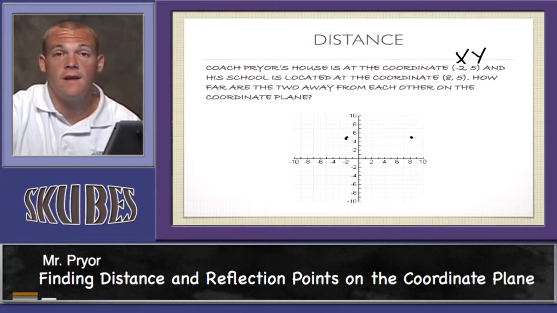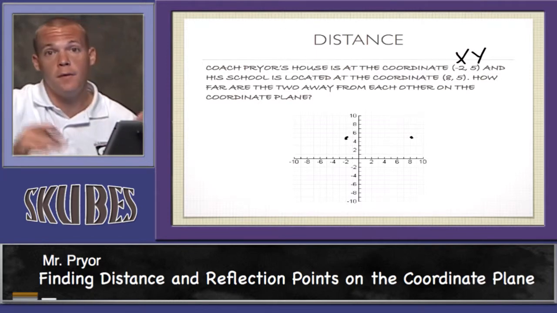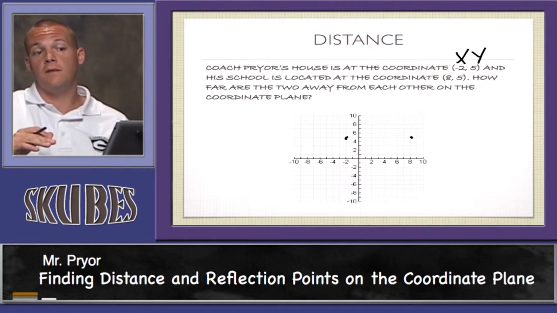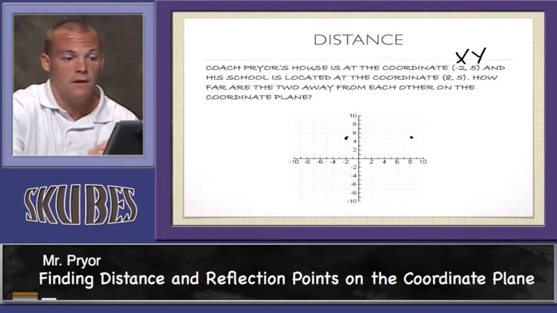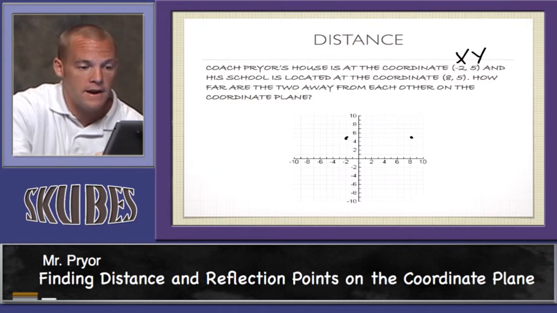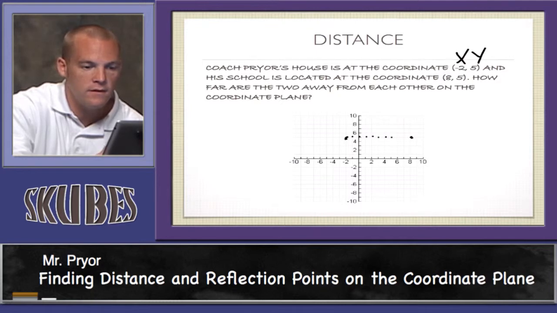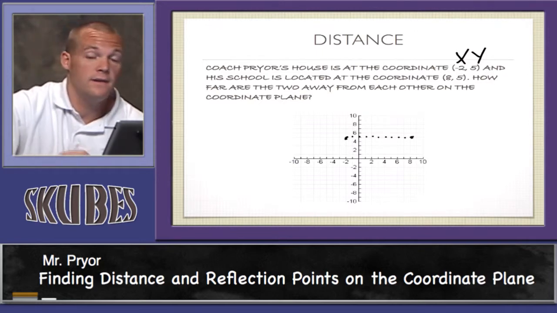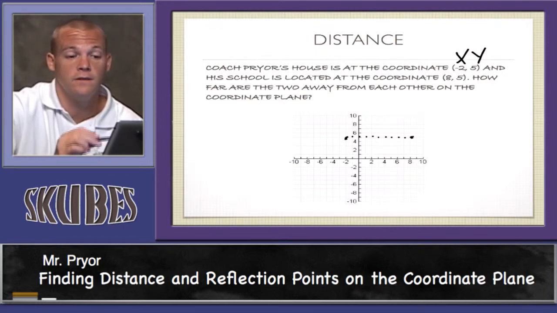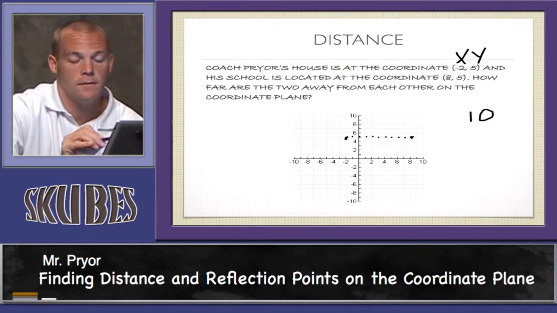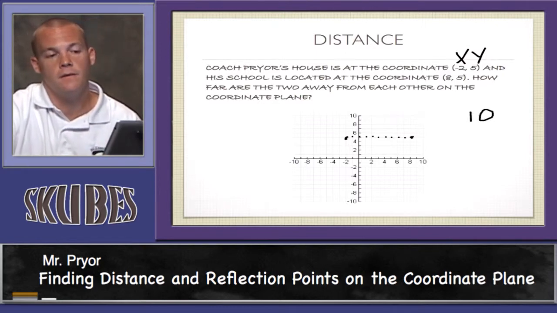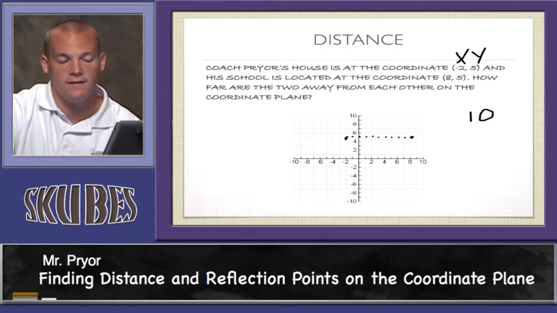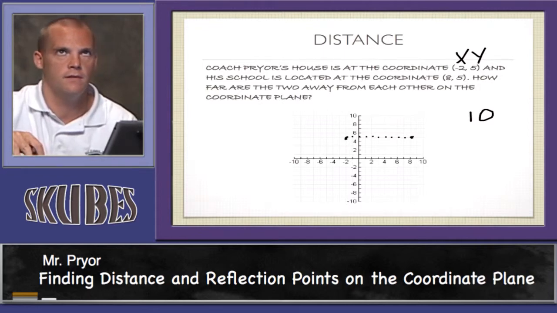Okay? So, like I said, because we have a coordinate plane available, we have both our points. If we want to find the distance between the two, we simply do some counting. So I'm going to count from that point, my house, 1, 2, 3, 4, 5, 6, 7, 8, 9, 10 places. Okay? So the distance between these 2 points would simply be 10 on the coordinate plane. All right? Now, I'm going to give you a couple strategies, again, for if the coordinate plane